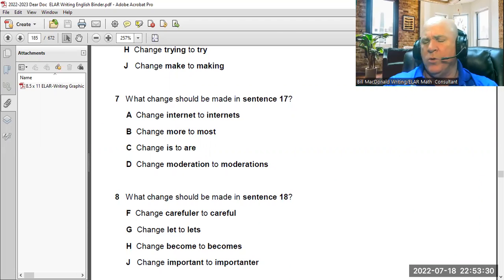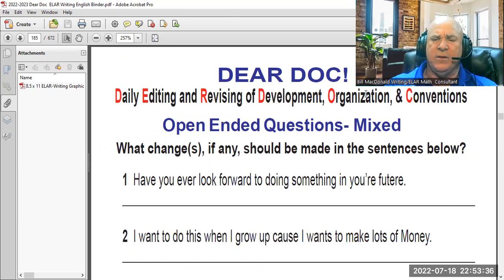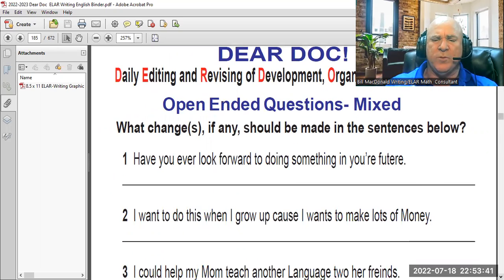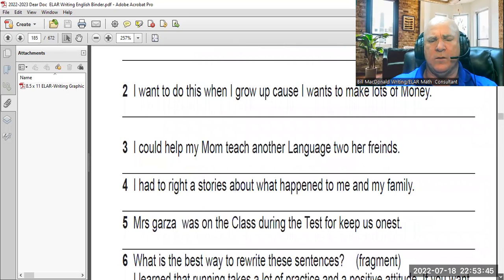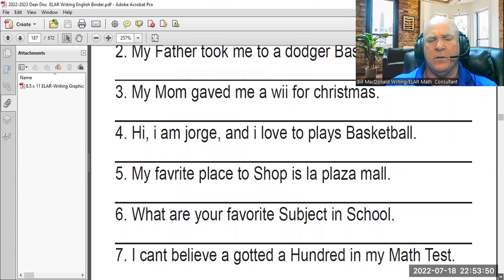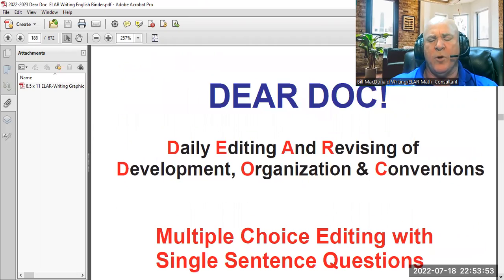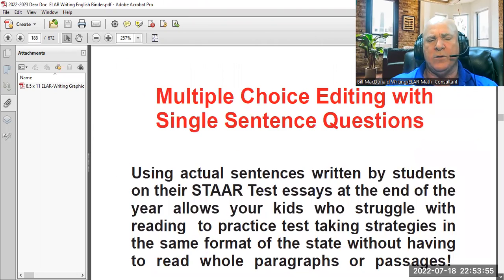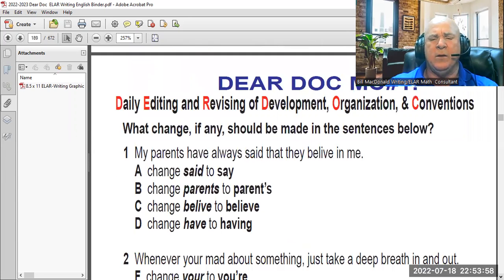And so when I looked in the binder, I was like, well, how many pages do I have of mixed, open-ended, and multiple choice? Well, there's 1, 2, 3 open-ended, and then we can get right to the nitty-gritty,